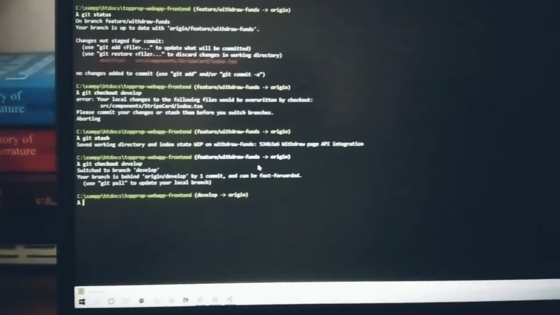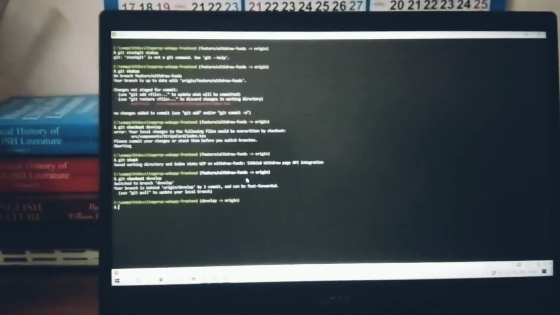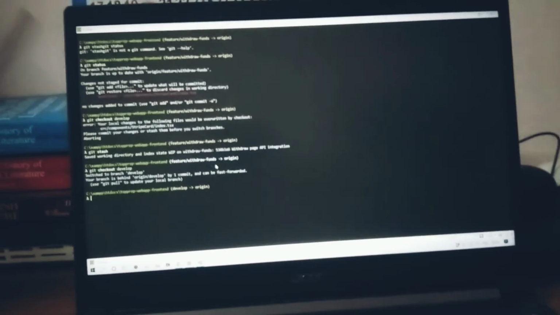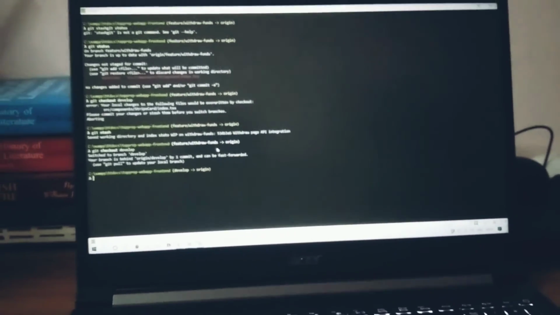And the last one is git stash, which stashes away your changes, and you can check out a new branch, work on a fix or a new feature, and come back and pop the stash and then work on the old feature again. All right, peace.